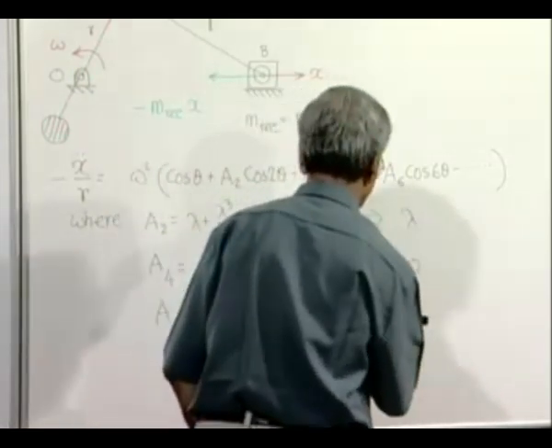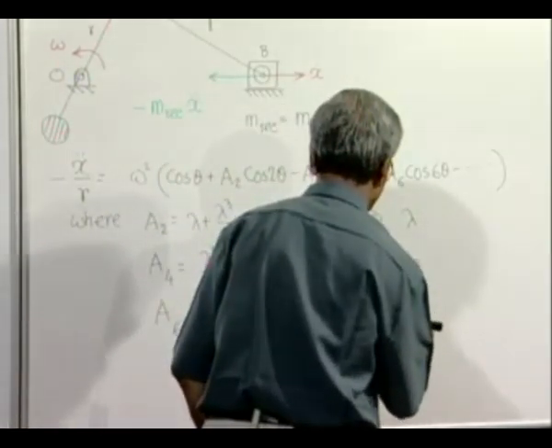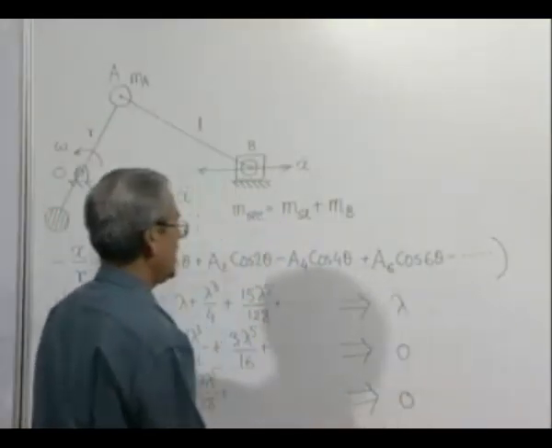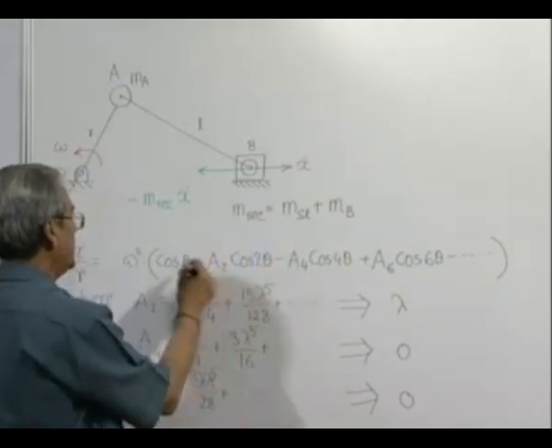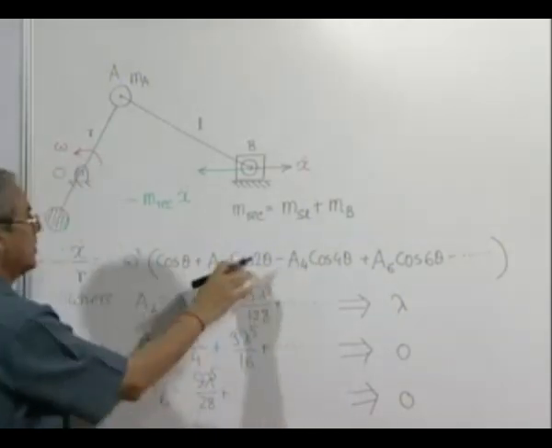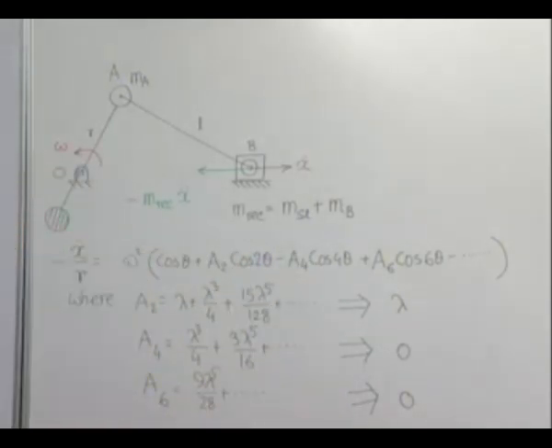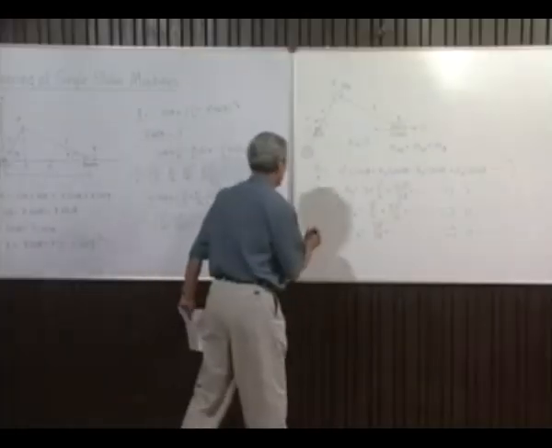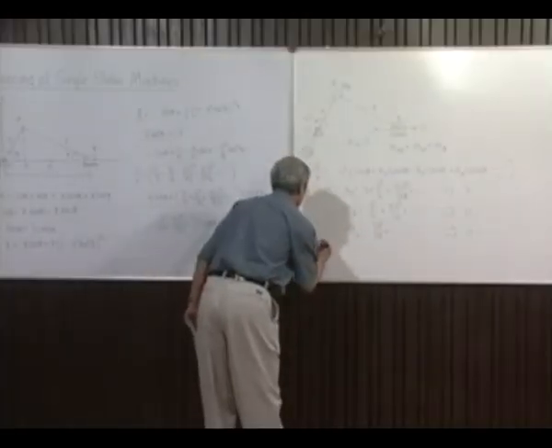A6, which has the lowest order lambda to the power 5, is also 0. And so, therefore, we need not consider beyond this second harmonic. That is also the situation with a large number of cases. So, in most cases,